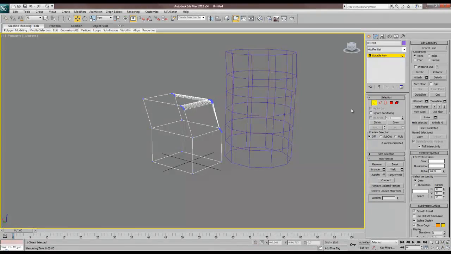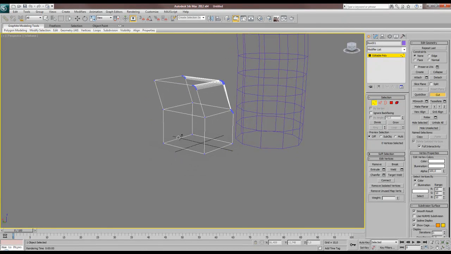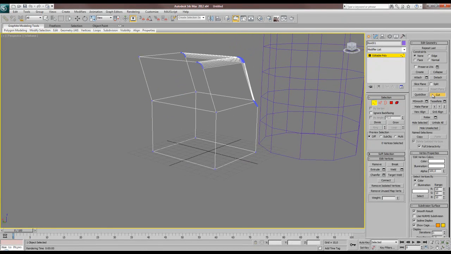Our next tip is about the cut tool. The cut tool allows you to create new edges on other polygons in your object. So I've selected the cut tool. The shortcut is Alt C, and I can select